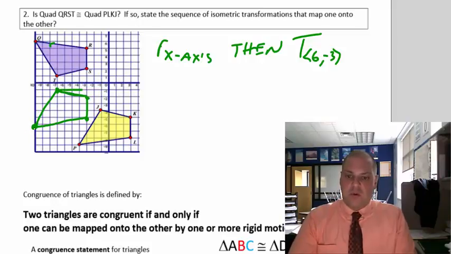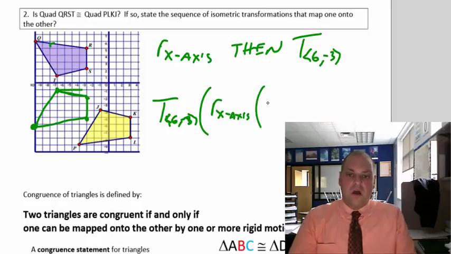Each of these points, look, over 6, 1, 2, 3, 4, 5, 6, and down 3, 1, 2, 3. Each of these points goes over 6 and down 3. So there it is. In function notation, it would be a translation, vector 6, negative 3, of a reflection over the x-axis